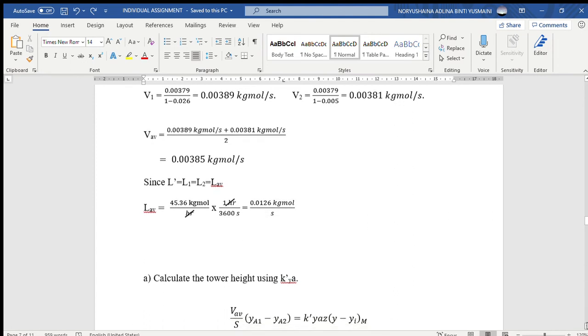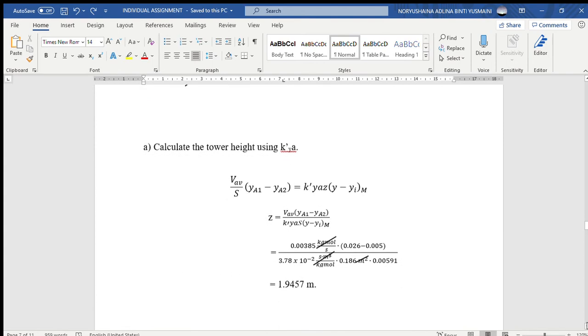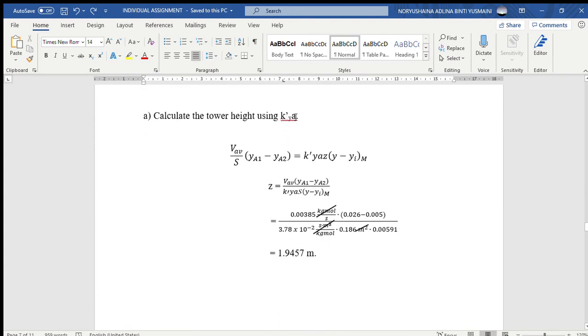And finally, we can continue to calculate the tower height, first using the K prime Ya. So this is the general equation, or the actual equation, on how to calculate the height. The height is actually represented by Z. So to ease me, I rearrange back the equation and make Z as the subject. As we already had all the value needed, I can simply substitute it into this equation, and finally I got the tower height using the K prime Ya is equal to